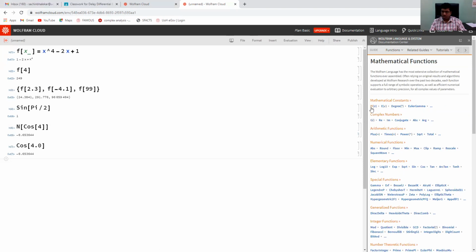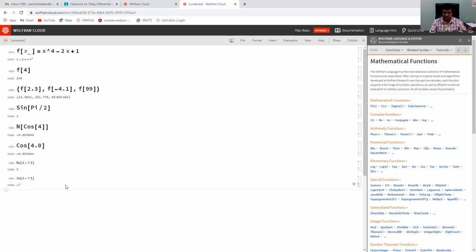So this is Pi, capital Pi, E is given by capital E, then real and complex numbers. Capital I is for complex I, Re for the real part of a complex number. For example, I am writing Re of 3 minus 7 I, with capital I. So 3 is the real part. If we replace this by Im, it will provide the imaginary part.